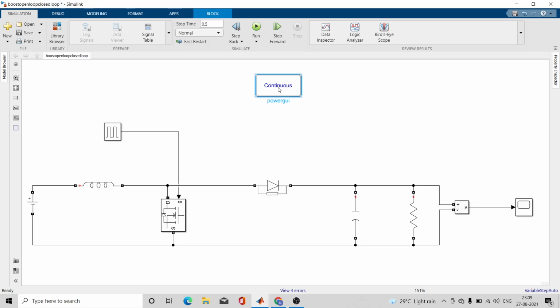It contains all the equations and all that. So you have to include this block in order to run any power electronics based simulation. So let me run it.